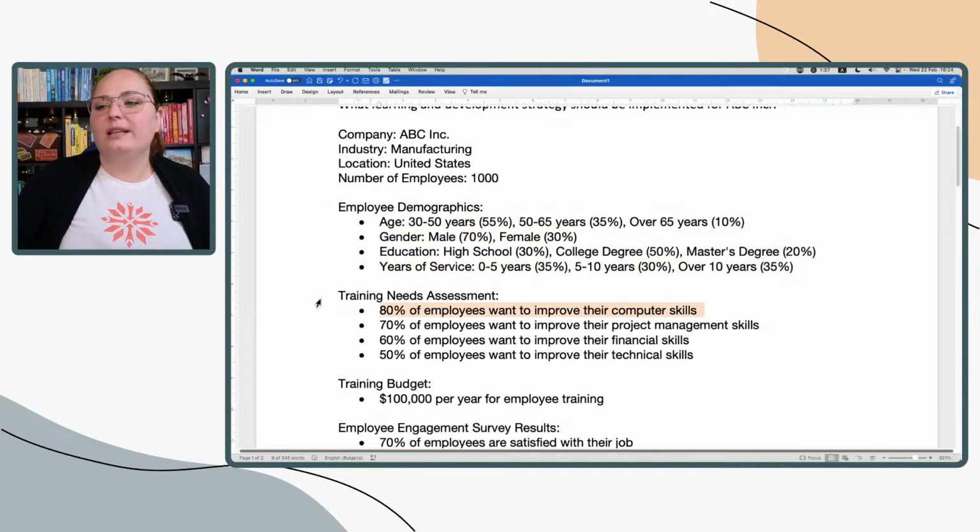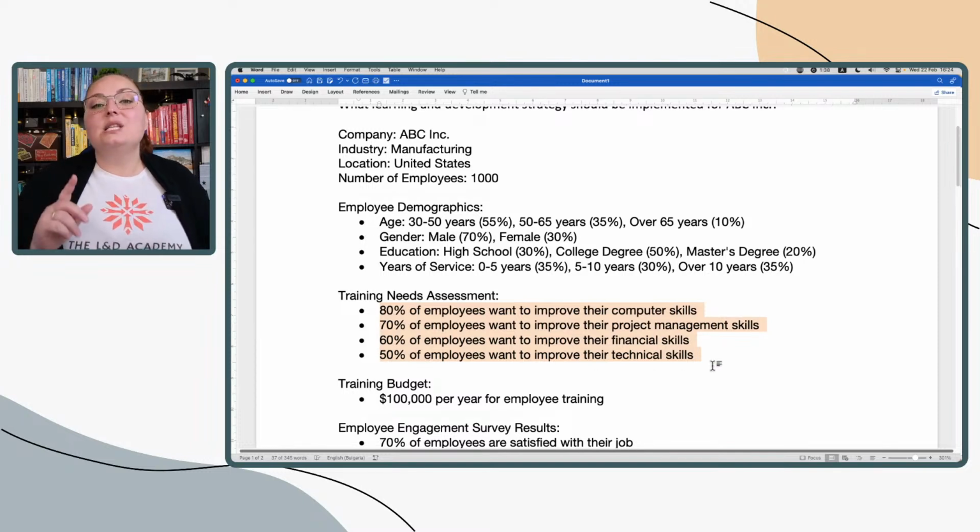All right, very quickly, let's take a look at the learning needs assessment. So we're saying 80% of employees want to improve their computer skills. 70% of employees want to improve their project management skills. 60% of employees want to improve their financial skills, and then 50% of employees want to improve their technical skills. Now, this is where I'm throwing a bit of a